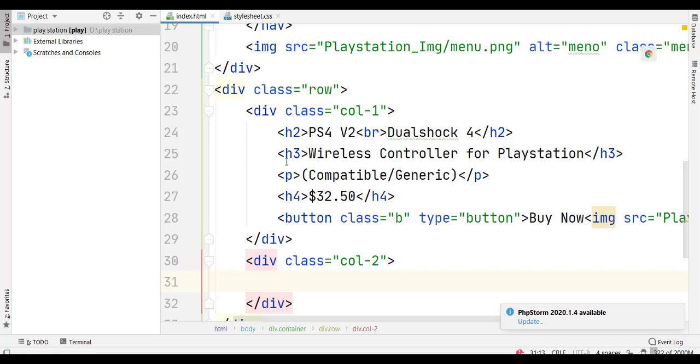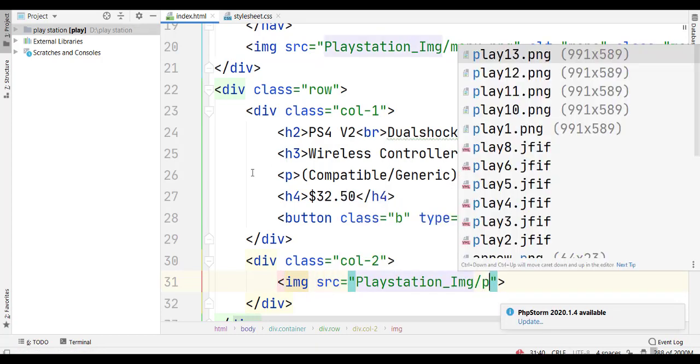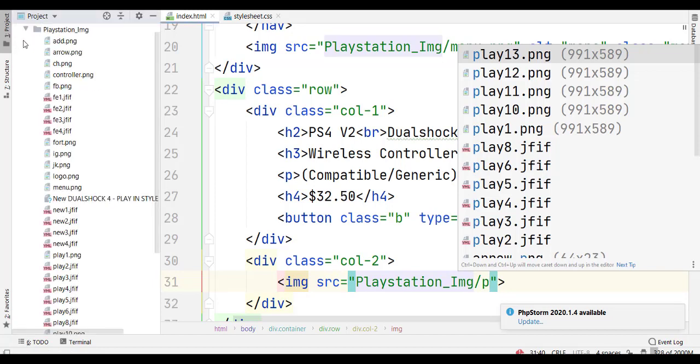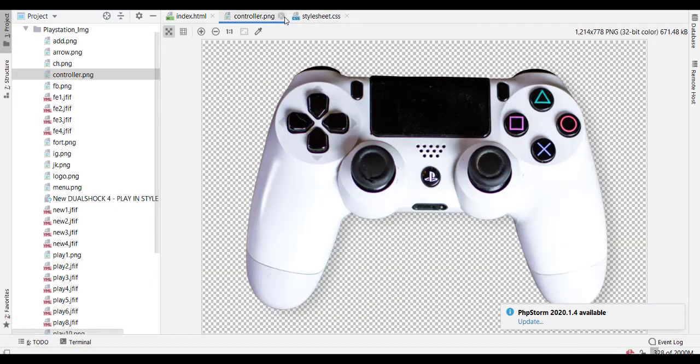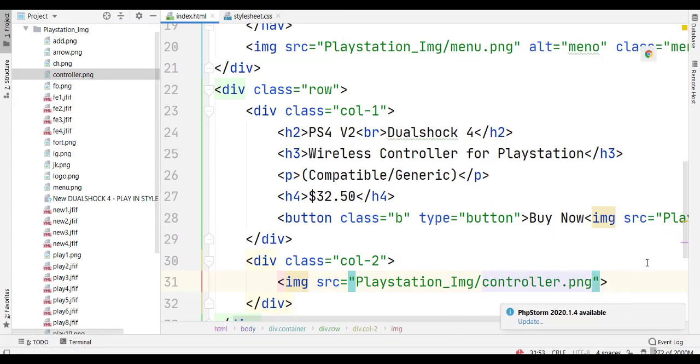The first thing we're going to do is add an image. We're going to add that PlayStation image. So I'm going to give the source, src PlayStation. We'll just check where it is. I think it's controller.png. Yes. And we got here controller.png. Okay, now we're going to give it an alt attribute, and then we're going to give it a class. The alt attribute is going to be hello, for example. It's going to be controller,